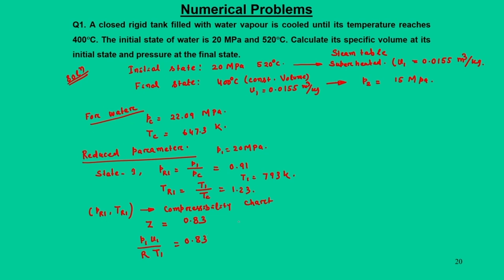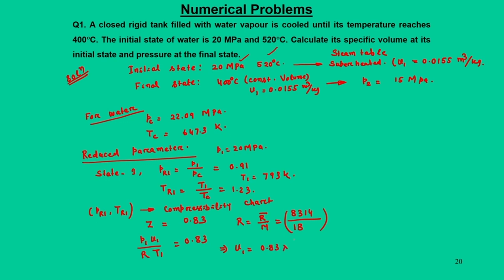We know that R is equal to R bar by M, where R bar is 8314 joule per kmol Kelvin and the molecular weight for water is 18. So, we know R. From this data, with P1 as 20 megapascal and T1 as 520 degrees centigrade, this will give you V1 as